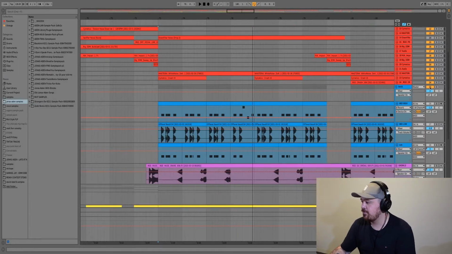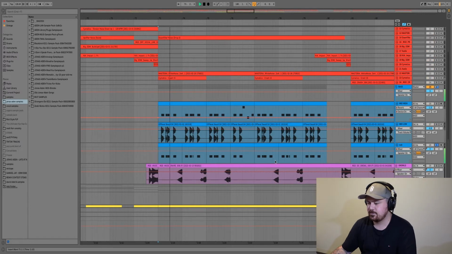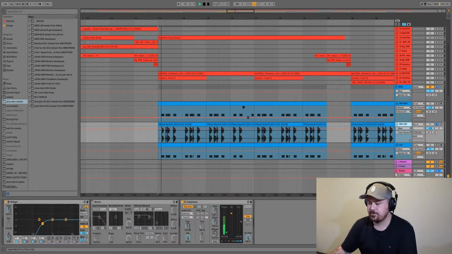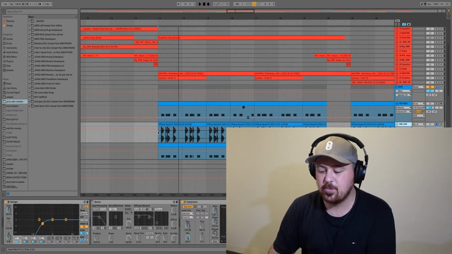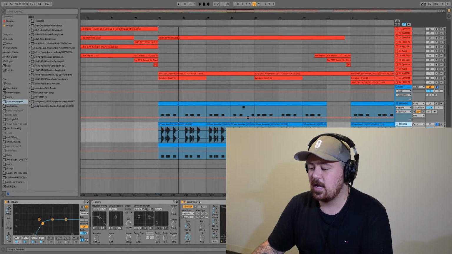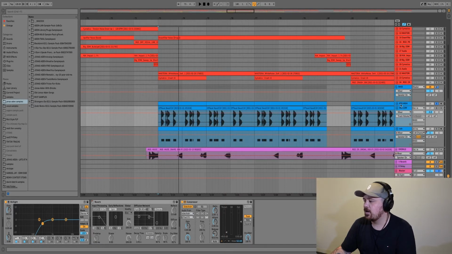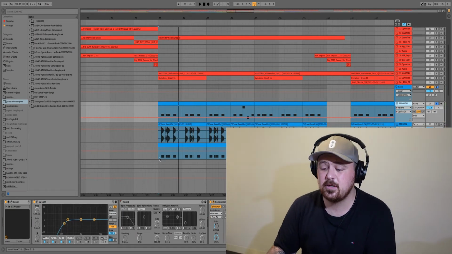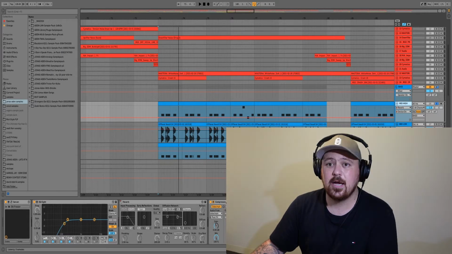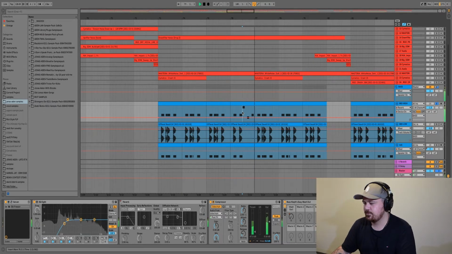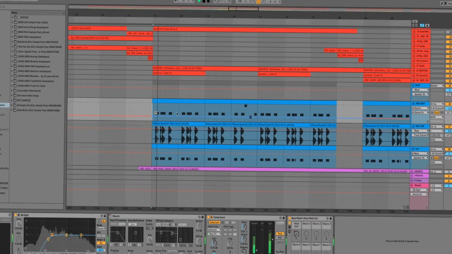Bass is made in 3 different layers. So we've just got our sub, which is just a Serum preset with a little bit of side chaining on it. We've got a mid-low, and this is just a sample that I found that worked really well. I just EQ'd out most of the low end, and it's got a bit of side chain on it. And then we've got a mid-high layer, which is again just a Serum preset with most of the lows EQ'd out and a compressor doing some side chain. I use it as well as a little filler hit. So this is what our bass and our drums sound like.